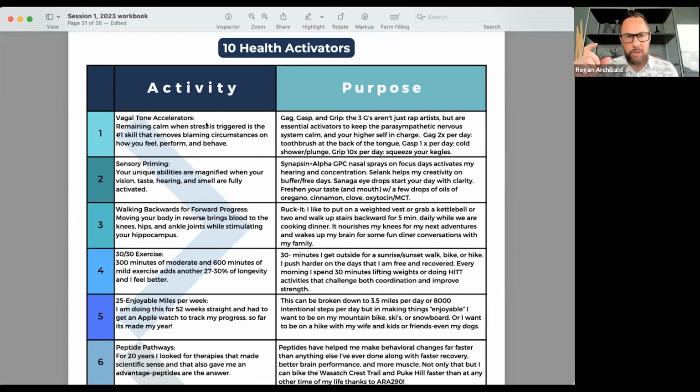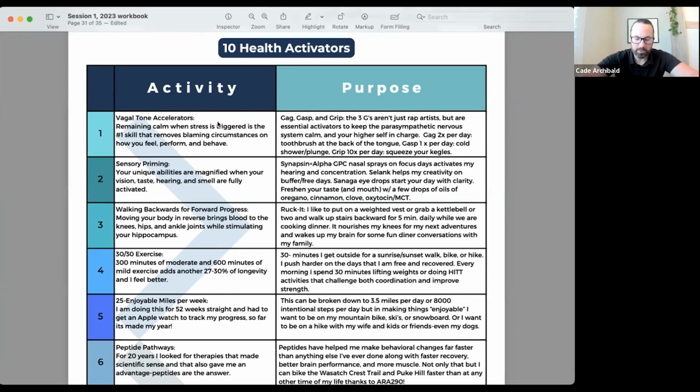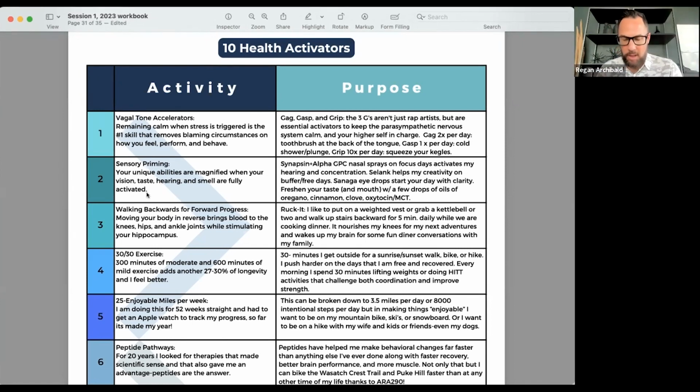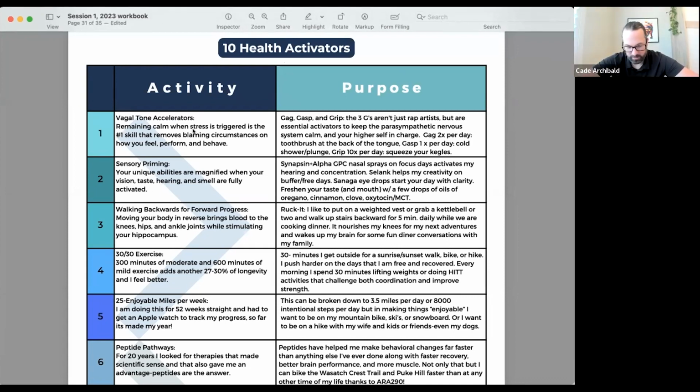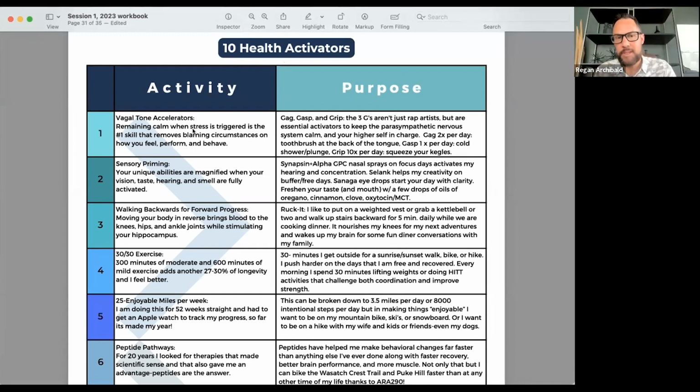So you all want to be looking at your heart rate variability. So Cade, do you check your heart rate variability like on your Apple phone, or do you do that much? No, I would like to. What app do you use to check it on your phone? If you go to your health app in your phone, the one with the little heart on it, it can show you, but you may have to have an Apple Watch for it. And so I don't have an Apple Watch. Okay, yeah, because it's got to measure the amplitude,